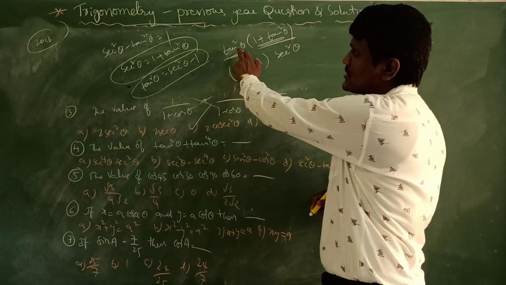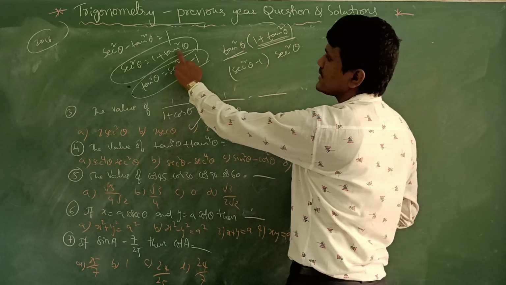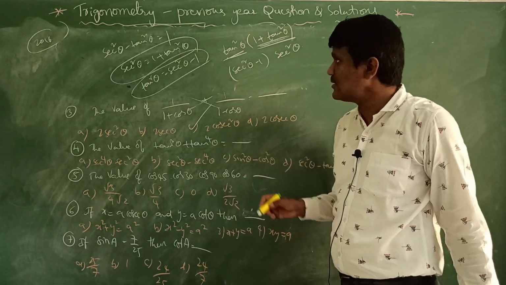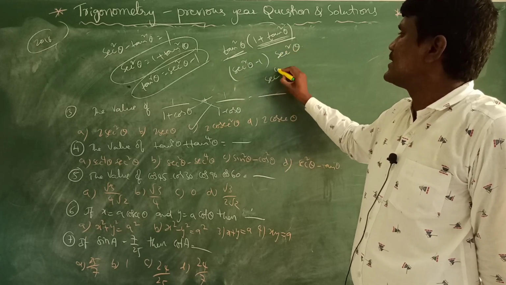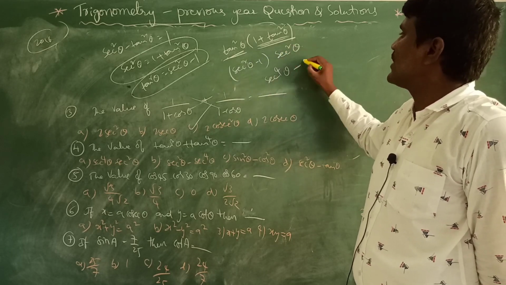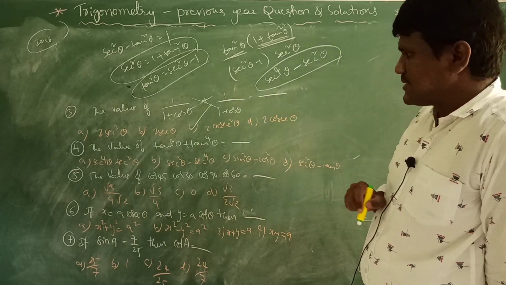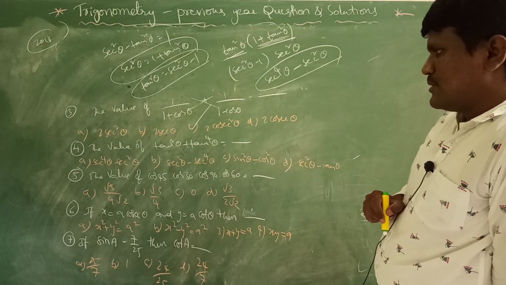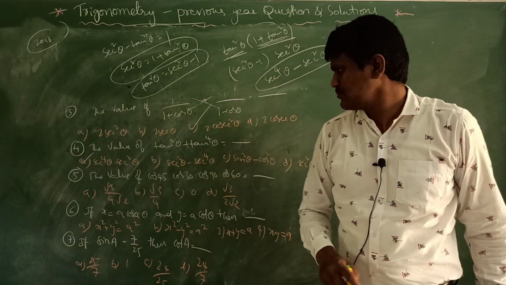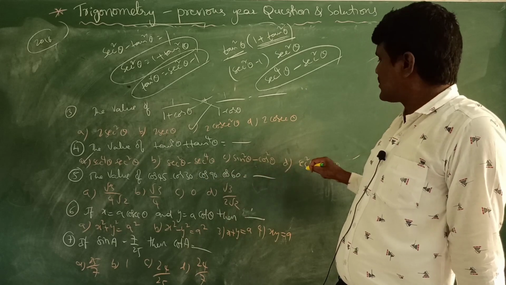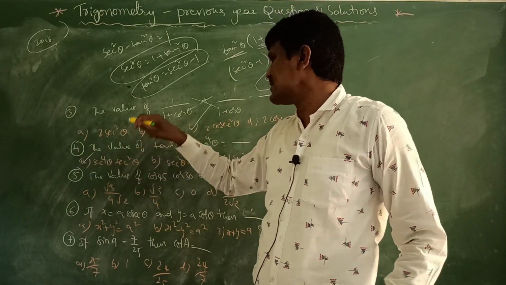Right students? So tan square theta means from here sec square theta minus 1. I am writing 1 plus tan square theta is nothing but secant square theta. Now multiply, it is sec square theta into sec square theta, sec power 4 theta minus 1 into sec square theta is sec square theta. Is this there in the options? Yes, sec power 4 theta into sec square theta is not the correct option. So the answer is sec power 4 theta minus sec square theta.